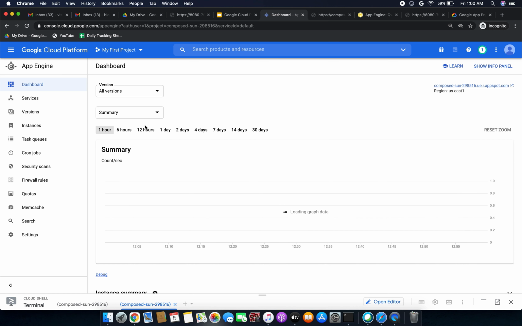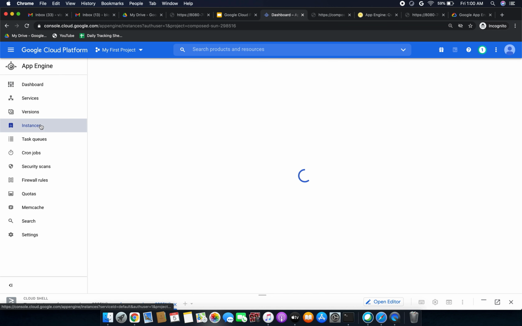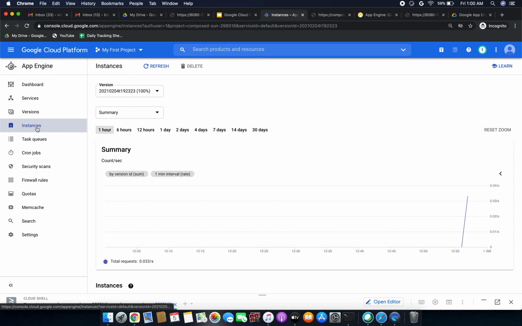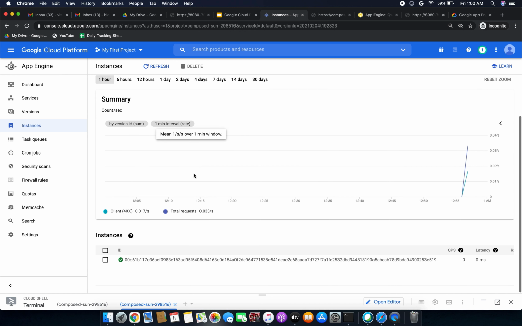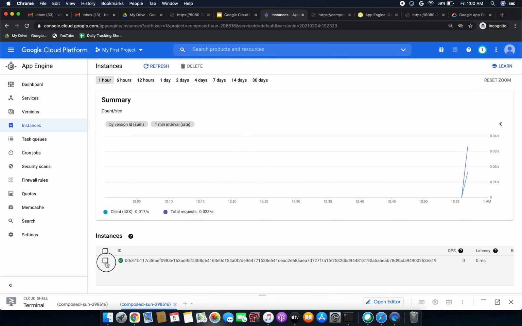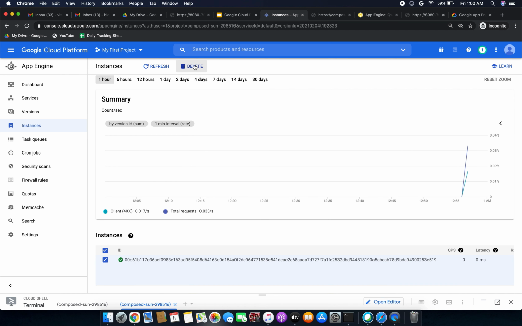First you have to check the instances. One is running at 100%. Scroll down and you can see the instances. Tick the instance, since we have to delete it.